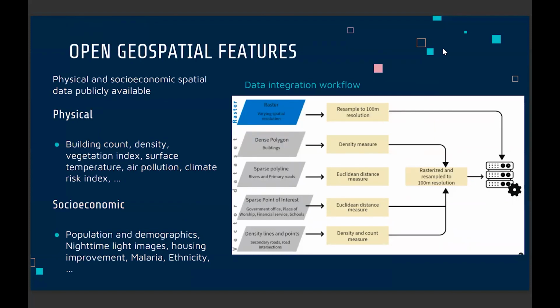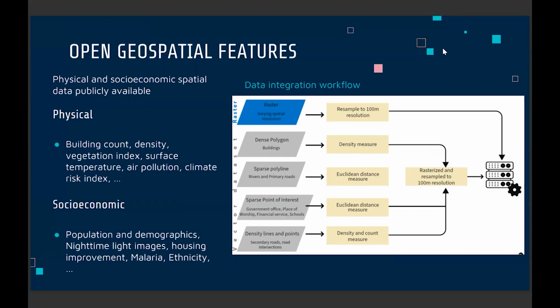But we also wanted to provide enough detail to capture the different dynamics of deprived areas, because they are not the same everywhere, and not even the same in the same city. So we use building count, density, vegetation,